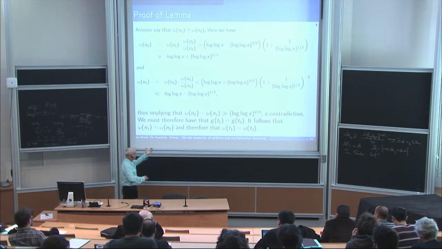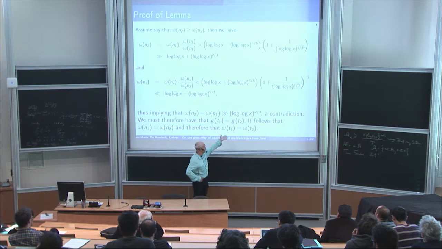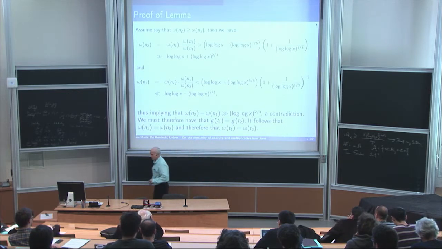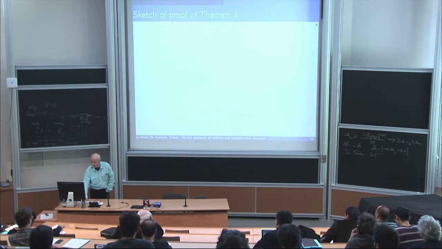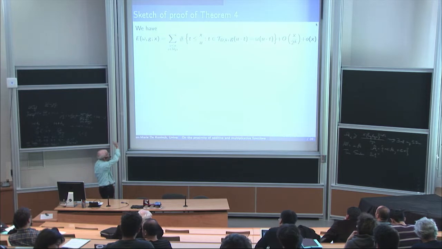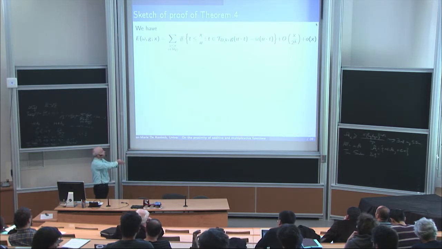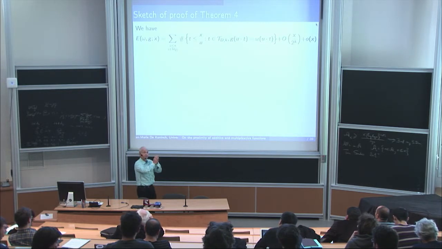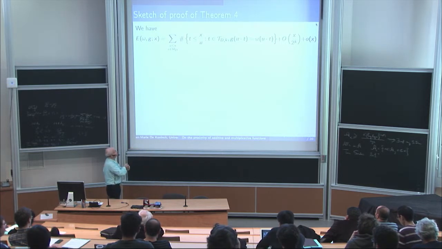So it means that G1 is equal to GT1 is equal to GT2, and then I get the result. Okay, where do I use that? I get that E omega Gx is this sum. What I do is I take all the integers n smaller than x, for which g of n is equal to omega of n. I write n as the bad part times the good part, u times t, and then